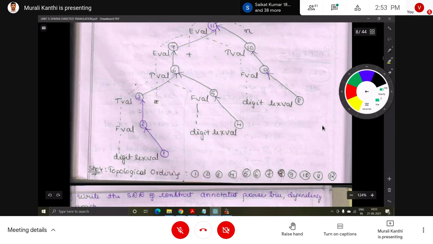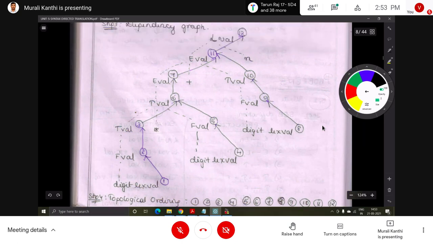The fourth one is digit to lexval. Next, give that value to F. Now give the value to T, that means the multiplication operation has to be performed between these. The result is given to T, that is the 6th operation. Next this result is given to E, that is the 7th operation.